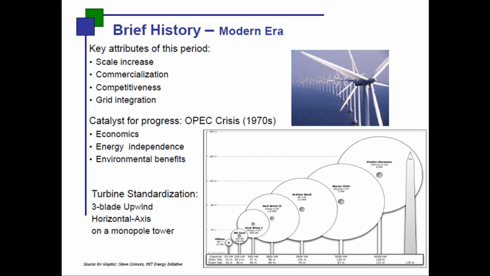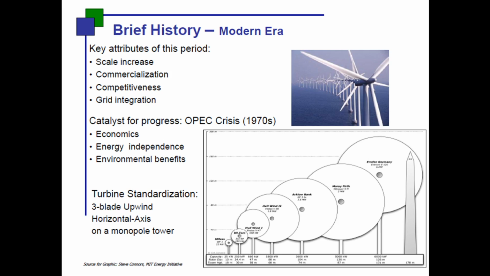In the modern era, these are the key attributes. The increase of scale, very large wind turbine units you can see nowadays. A single wind turbine unit costs even around 1 crore, 1 crore for a single wind turbine unit with its tower and all the paraphernalia. And the commercialization, wherein a lot of companies are investing. So competition came into existence, then integration to grid, selling the electricity at a cheaper rate than from the other power plants.